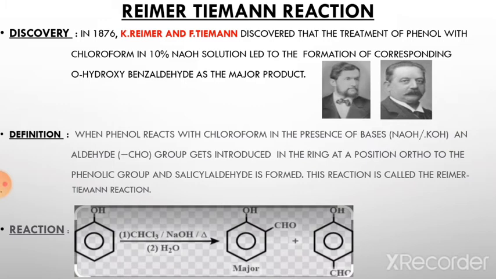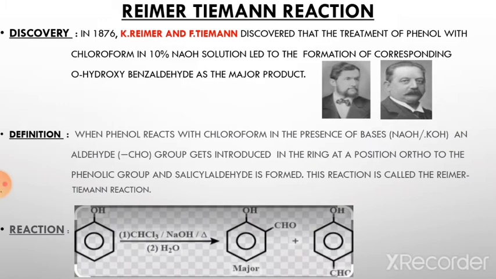Definition: when phenol reacts with chloroform in the presence of bases, that is NaOH or KOH, an aldehyde CHO group gets introduced in the ring at position ortho to the phenolic group and salicylaldehyde is formed. This reaction is called as Reimer-Tiemann reaction. You can see here the reaction where phenol is present with chloroform in presence of NaOH or KOH. Here is also the process of